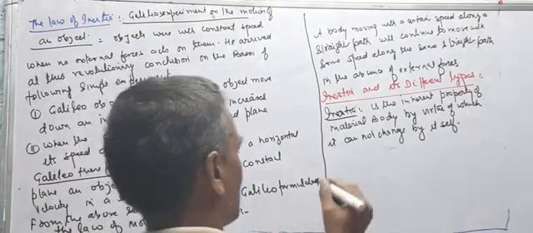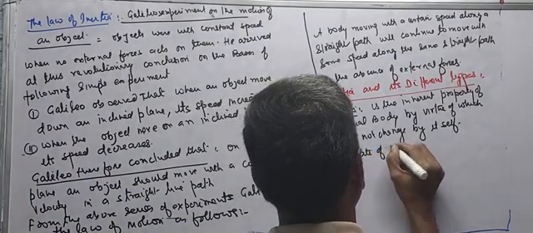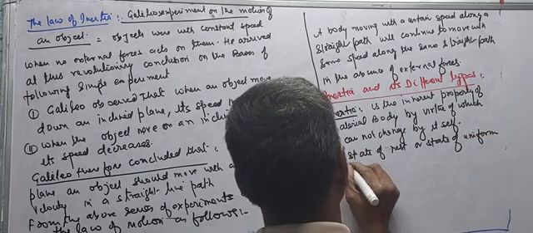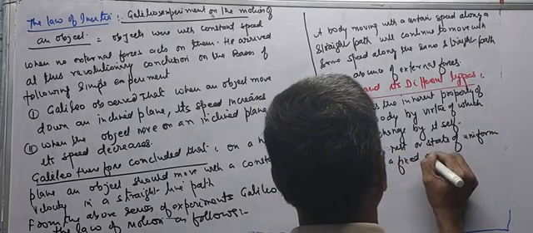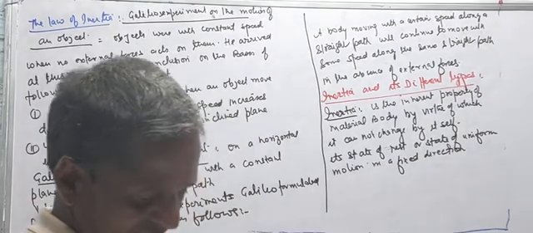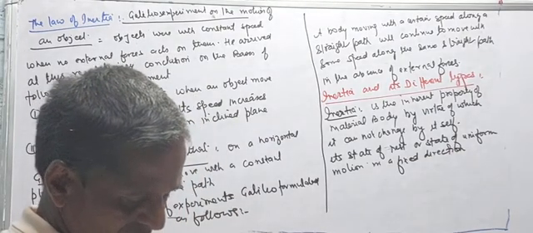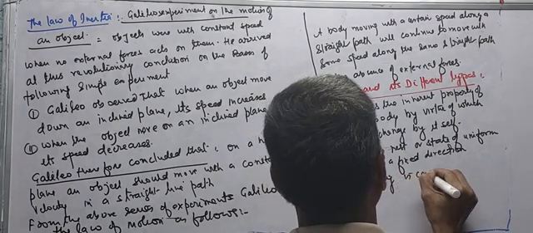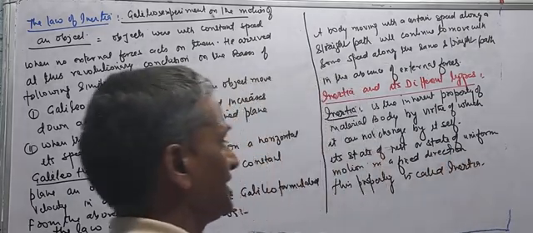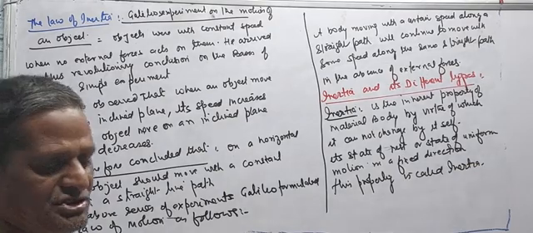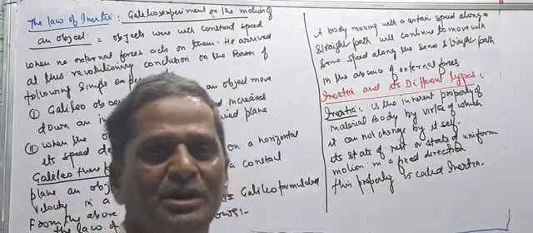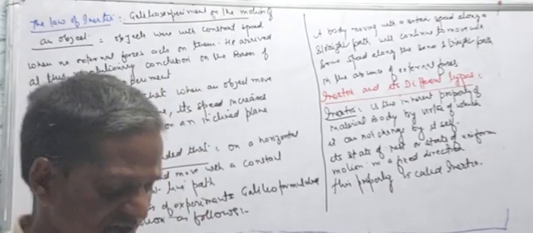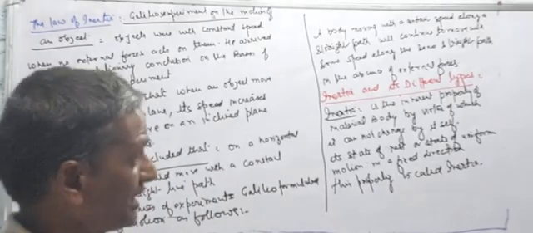its state of rest or state of uniform motion in a fixed direction. This property is called inertia. यानी इनर्शिया या जड़त्व किसी भी बॉडी की वो प्रॉपर्टी है जिसमें कोई भी वस्तु अपने आप अपनी स्थिति की अवस्था या गति की अवस्था या वस्तु की गति की दिशा में बदलाव नहीं कर सकती, यानी अपनी पूर्वावस्था को मेंटेन रखने का प्रयास करती है।